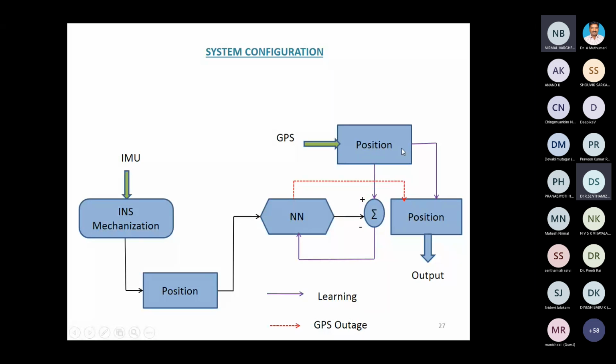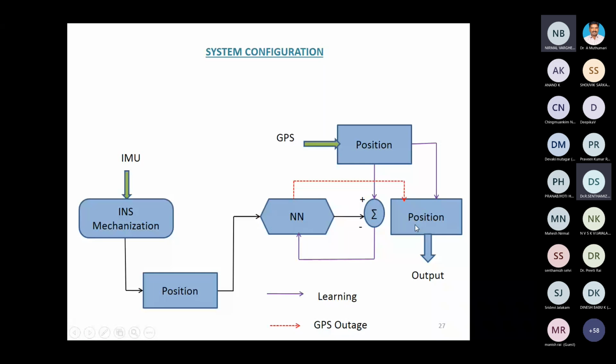In case the GPS is not present, due to heavy rain or a dense forest or a tall building, there is a possibility of losing the GPS signal. In that case, what happens? There is a GPS outage. You don't have any signal. But when GPS is present, you already trained this network. So the neural network knows the GPS values well in advance. Though the GPS is not currently available, it will give you an INS output, and you will take that as your position output.